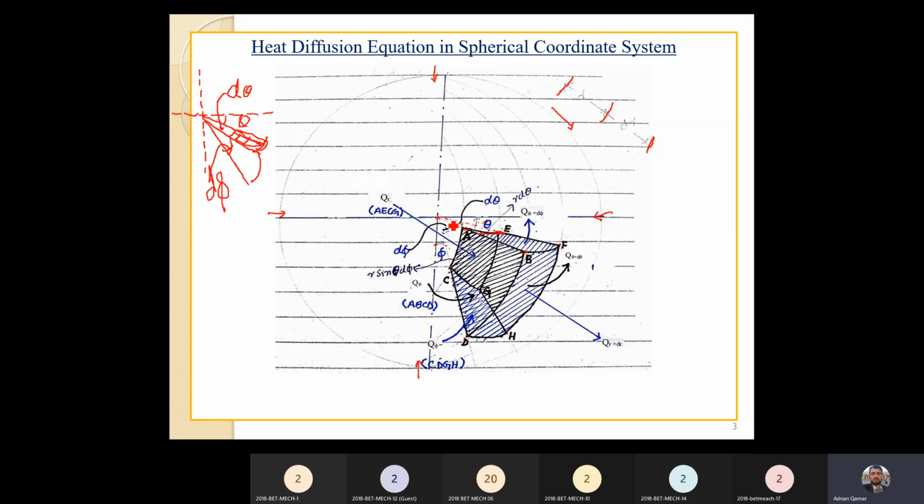Just consider it. Now, if you consider this line only, you can consider it a sector of a circle. So the distance from center to here is R, and angle is d theta. So what would be the length of the sector or length of the arc? That would be R d theta. L is equal to R d theta. Okay. And what is this one? This length.